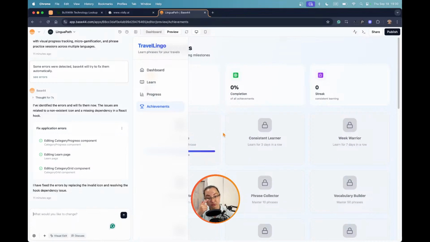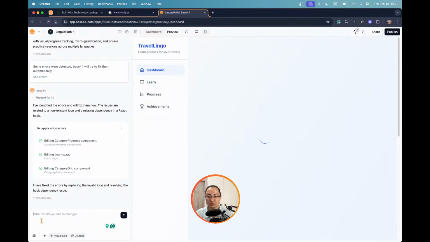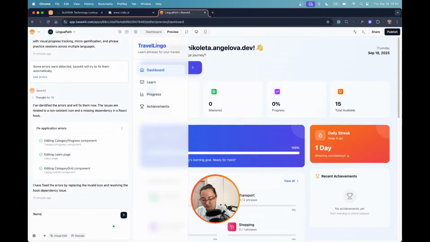I would like to, let's see, remove duplications, duplication of the dashboard and other elements. Make all containers responsive. What else? Include